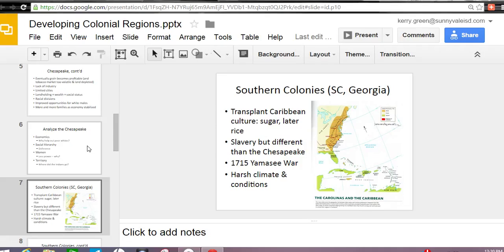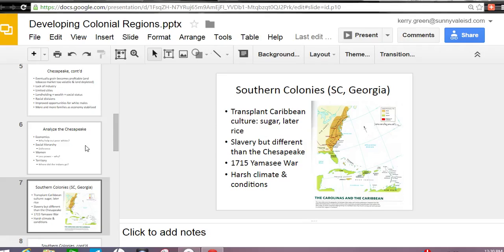And those places will copy South Carolina and Georgia and the way they operated their slavery and that kind of thing. And keep in mind that Georgia was initially started trying to keep slavery from spreading, but obviously it fails miserably. You do have an Indian conflict there. Remember, Georgia especially was intended to be a buffer zone, and so you're going to see that they have an Indian conflict in 1715. The Yamasee War. Obviously, the colonists win that, but that does kind of slow some of the development of the